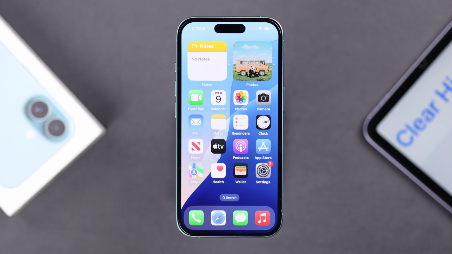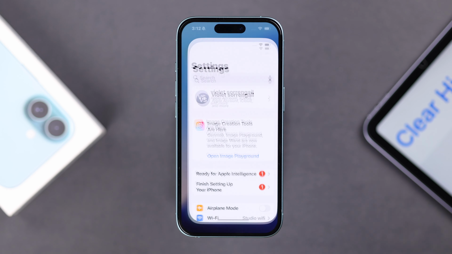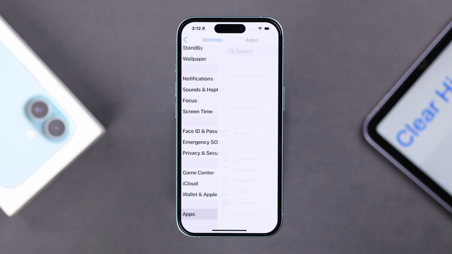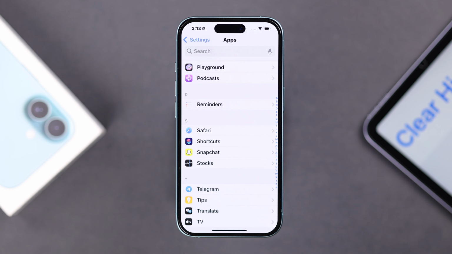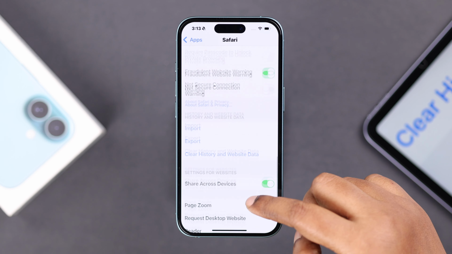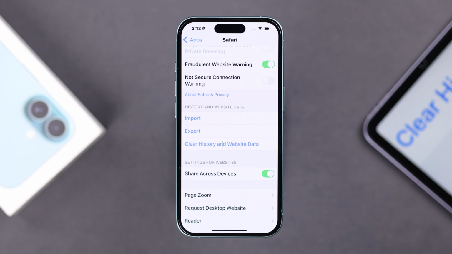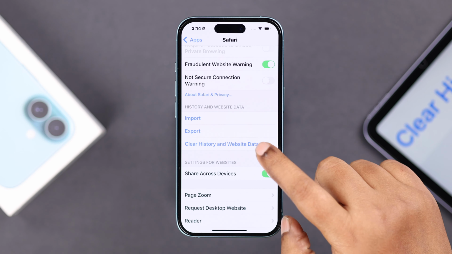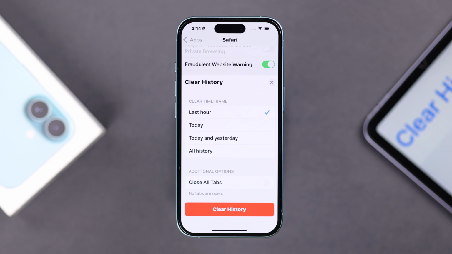After it restarts, if you want, you can just browse for a while, and then if you go to settings, scroll down to apps, from there to Safari. And if you scroll down under History and Website Data, you will see Clear History and Website Data option is no more grayed out. You can just click on it, and if you want, you can clear your history from